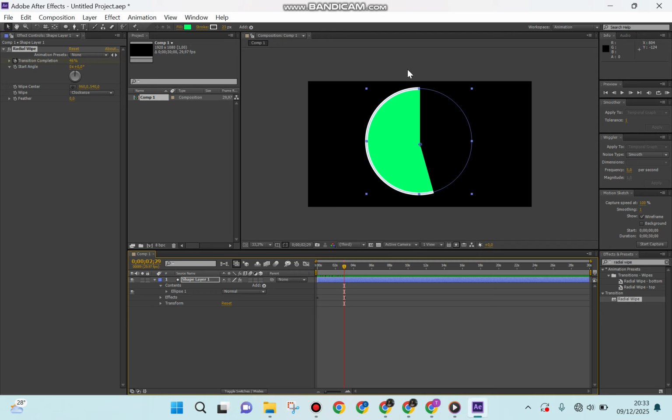And the next step is going to be making the rest of the animation for this area. So you need to select this Shape Layer 1 and duplicate it by pressing the combination of Control and D, to duplicate like this. And after that you can open this detail,